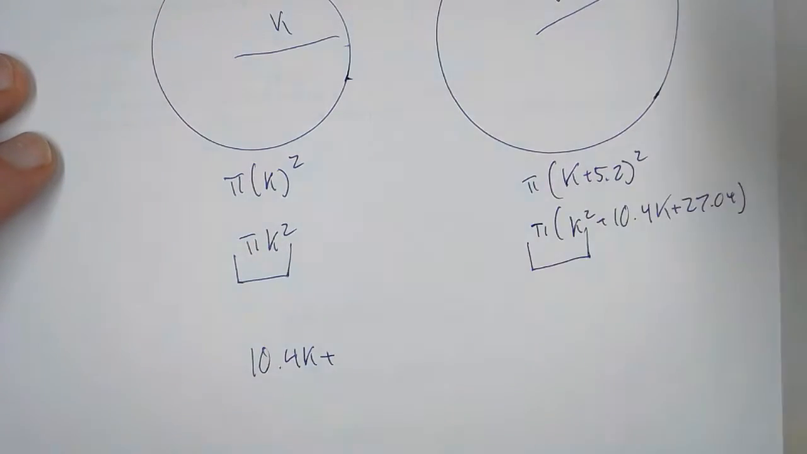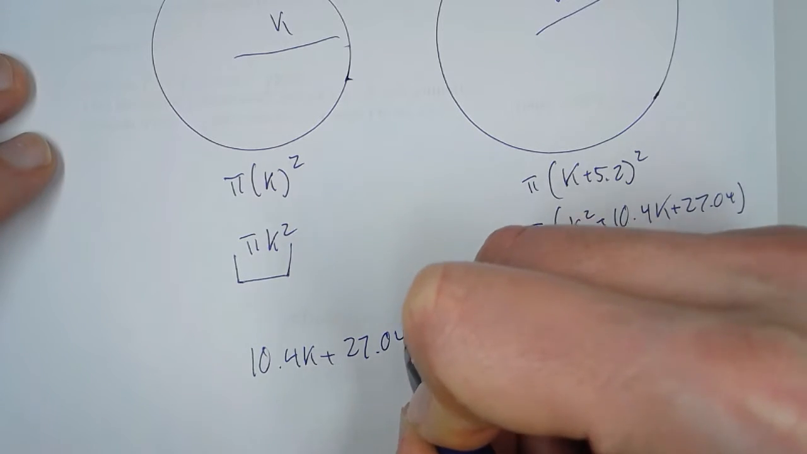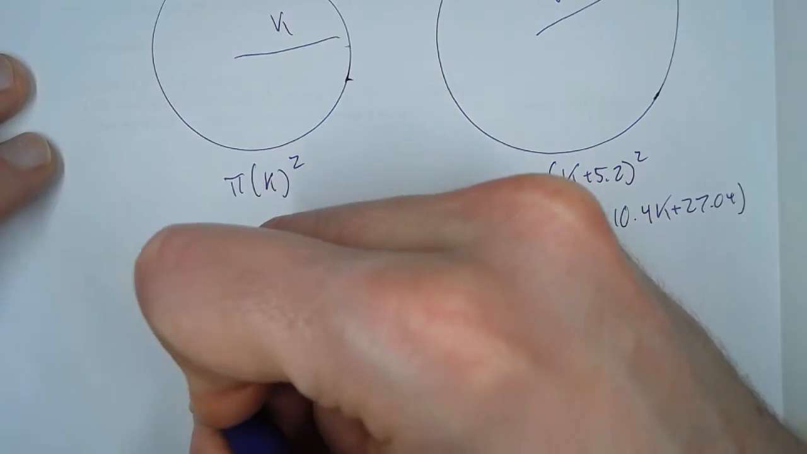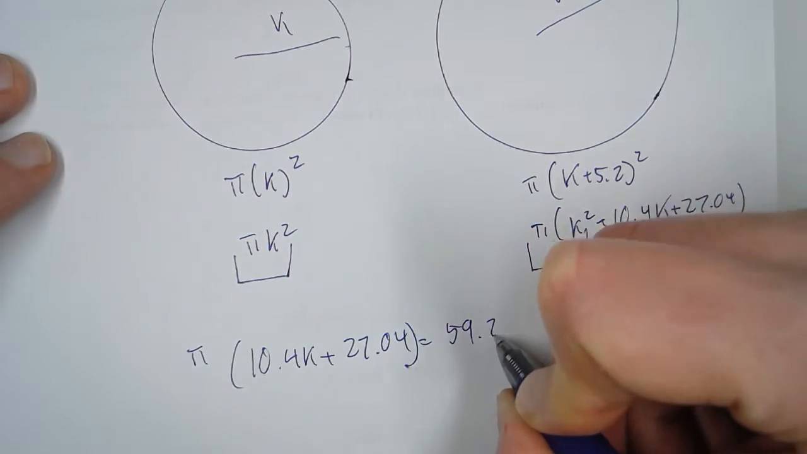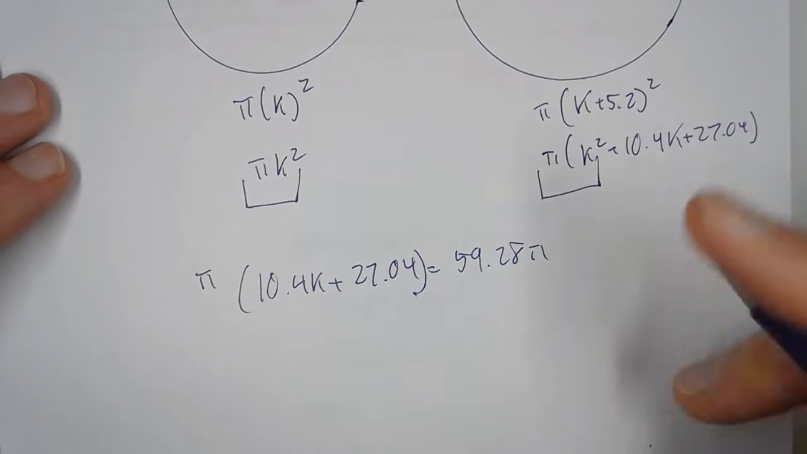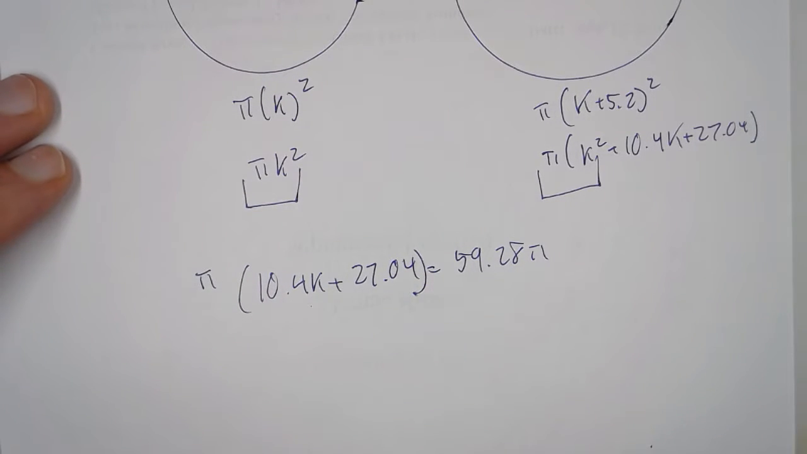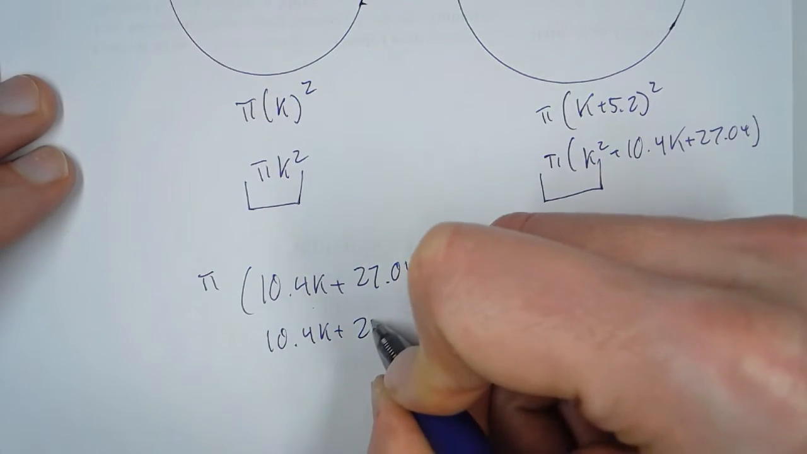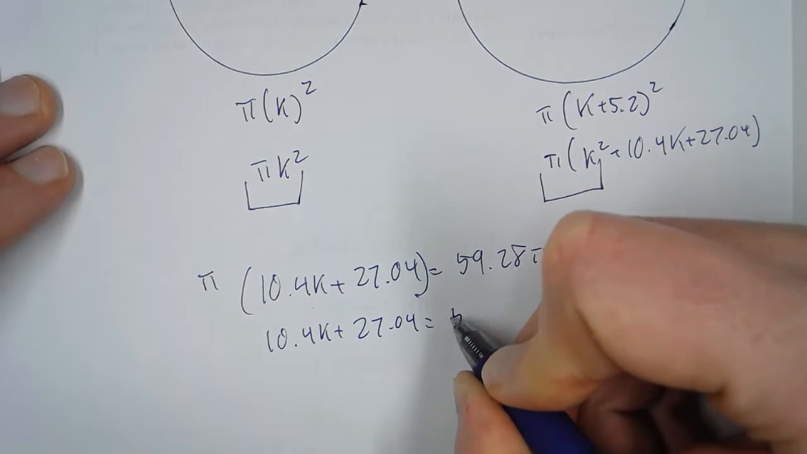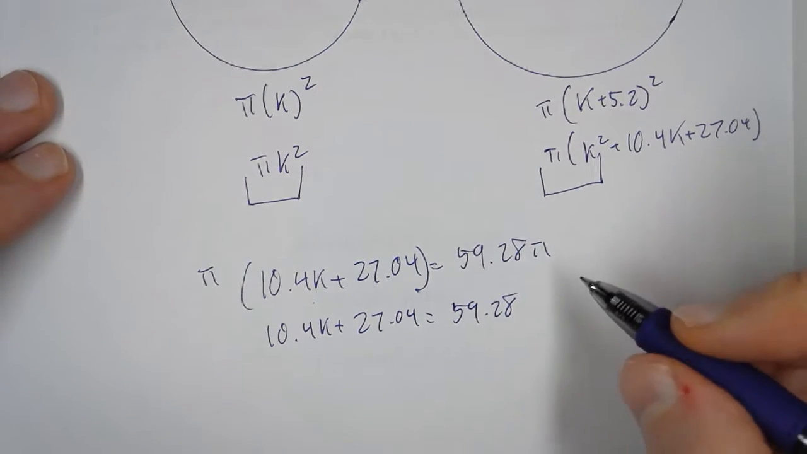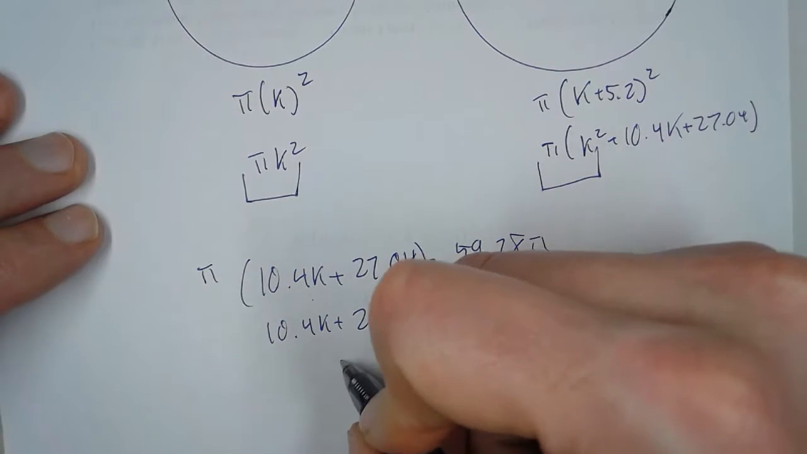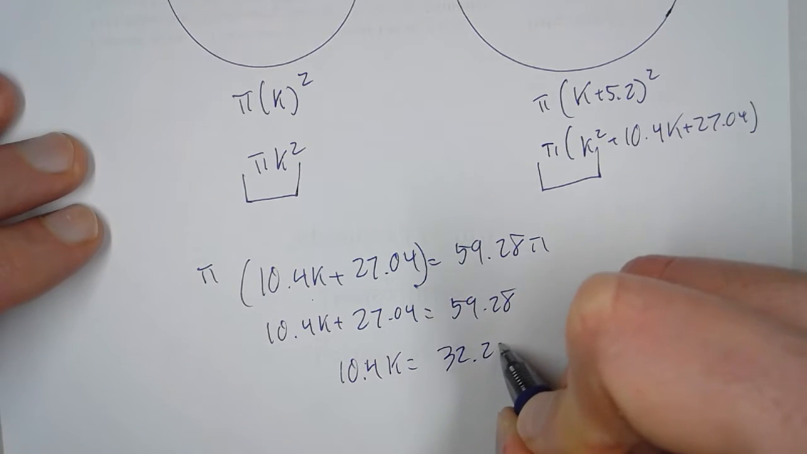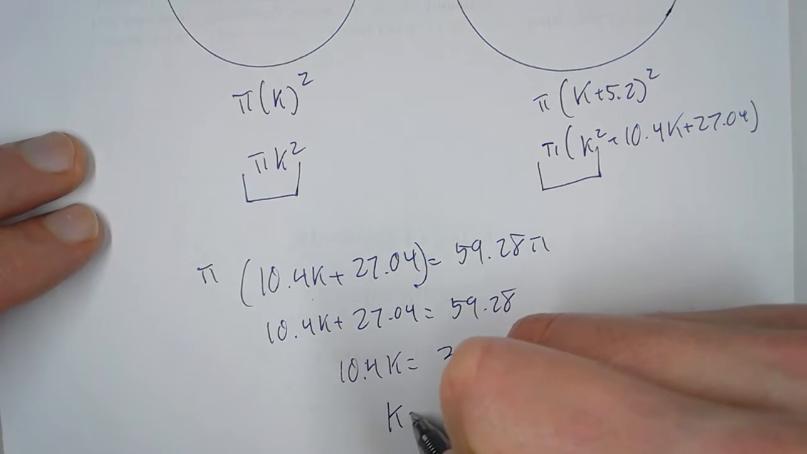10.4k plus 27.04, and that equals, whoops, I forgot the pi, and that equals 59.28 pi. So what we have to do is solve for k. If we divide pi out of both of these, we have 10.4k plus 27.04 equals 59.28. So we subtract 27.04, so 10.4k equals 32.24, and then when we divide by 10.4, we get k equal